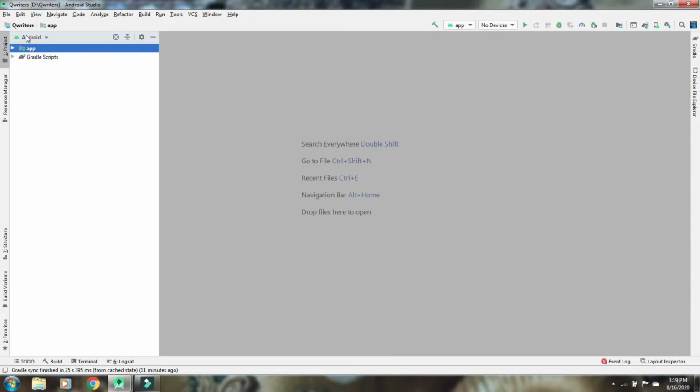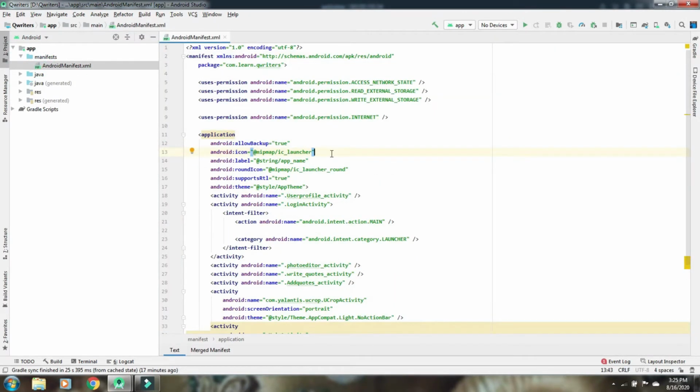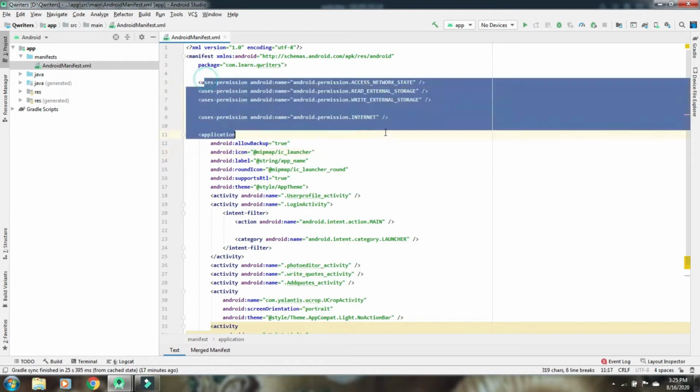Just go to this section and you'll find Project, and go to the Android section. In that, you'll find manifest and Java. The manifest file contains all the permissions. In the manifest file, we declare permissions required by our app from the user. Suppose internet permission, permission to read internal storage and write on the external storage, and access network state. I have declared some permissions here.